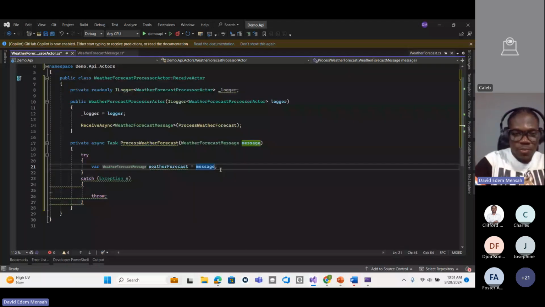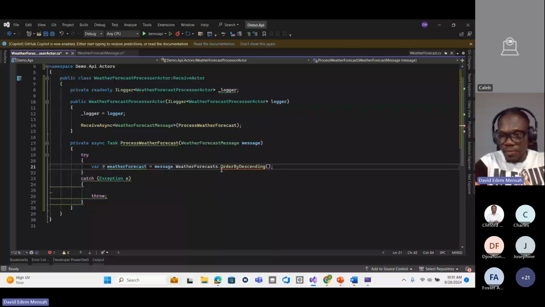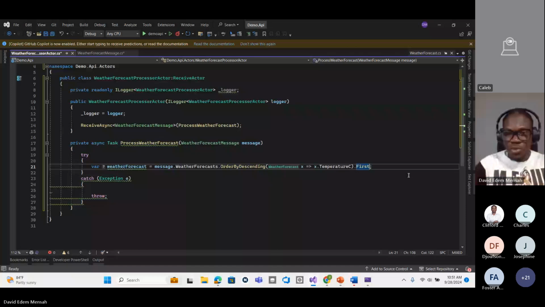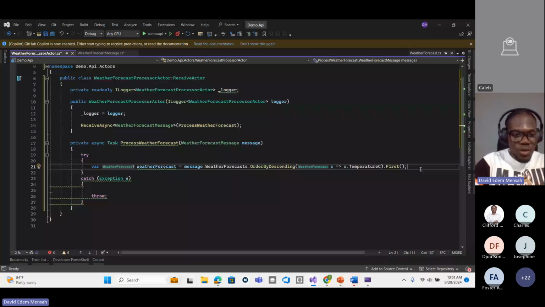So the message dot weather forecast dot order by. So we can order by the temperature in degrees Celsius, temp C. Then we can just get the first of our weather forecast data. So when we get it, we are good now. So assuming everything is equal, you can just go ahead and log